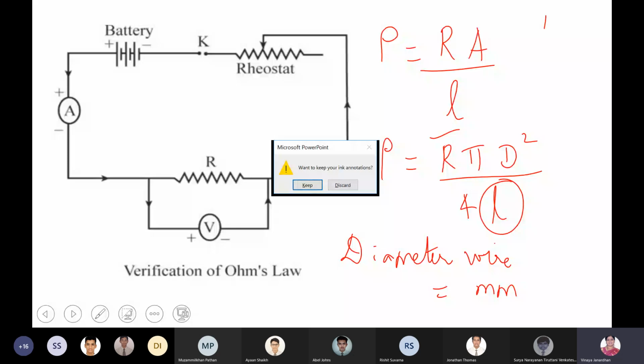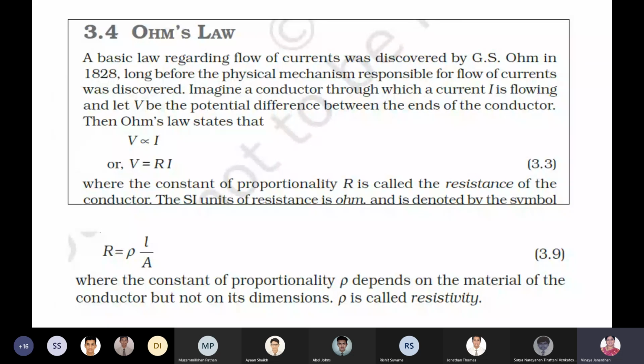Now we'll start with your chapter. Boys, I do remember I have to do the first chapter. You know what you mean by resistivity? Do you know what is resistivity? Should I teach you what is resistivity? The definition, can you just say it? That's the problem. Now listen, I'll go over what we should know about resistivity.